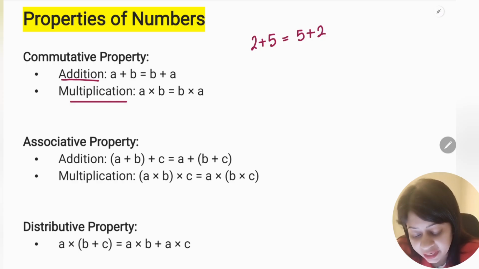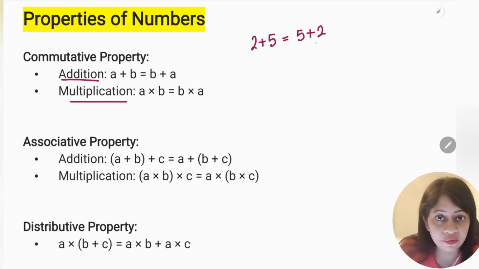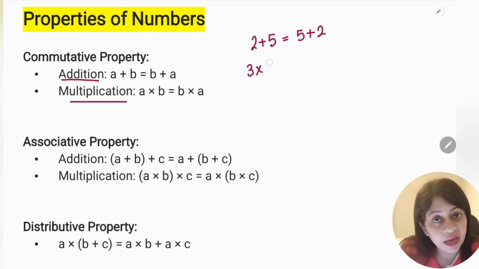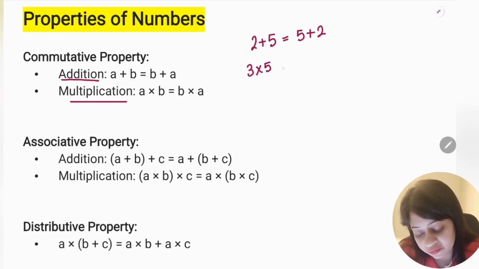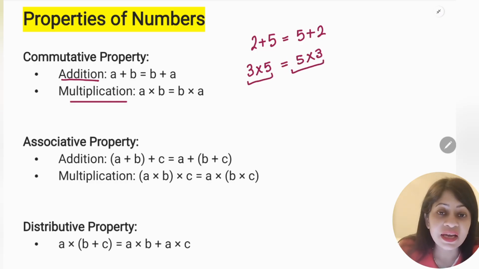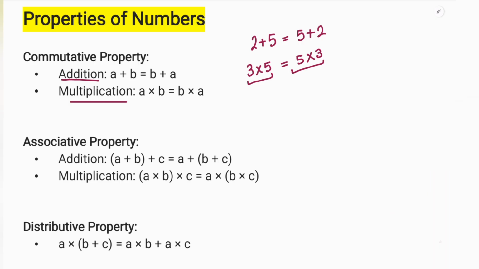So that means addition is commutative. Likewise, multiplication. Suppose I am multiplying two numbers: 3 times 5 will be equal to 5 times 3. So multiplication is also commutative, but it depends on the set as well, whether the set is natural numbers or rational numbers. So when we learn properties, we first take a set and then we take